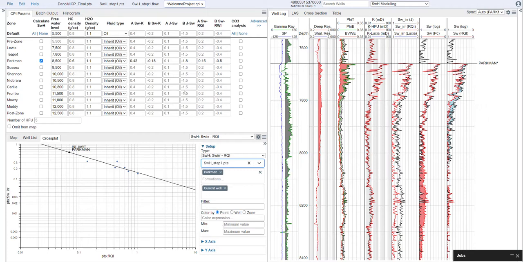So for each of the crossplots, there are corresponding parameters here within our parameter table. And here we're only looking at it for one formation. We only have the capillary pressure data for one formation in this well, and that's for the Parkman formation. And as we go through, we'll want to adjust these parameters. So starting off with our